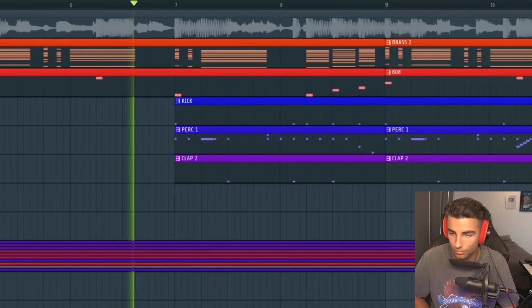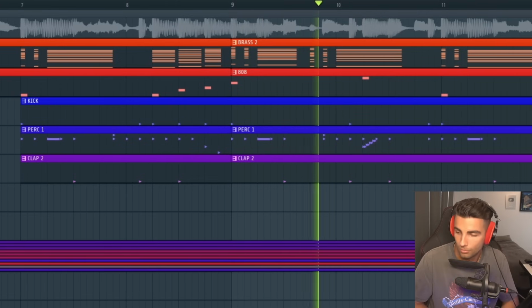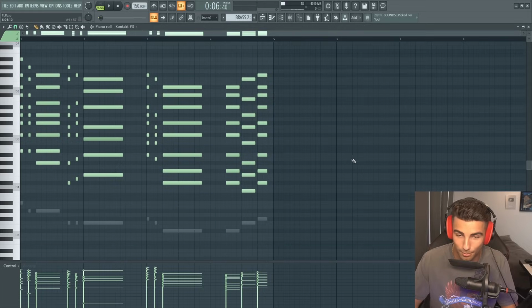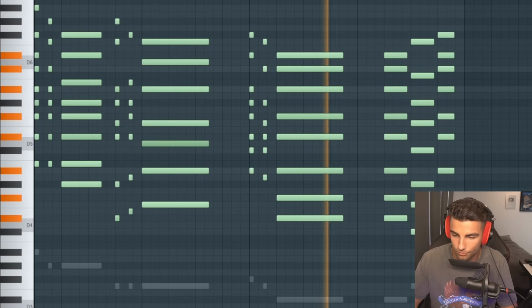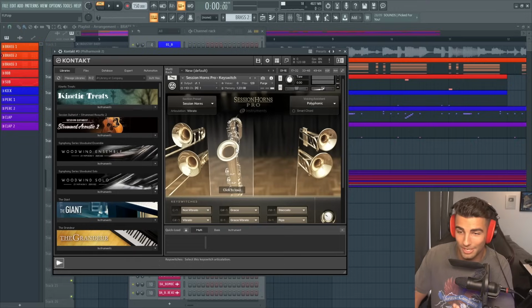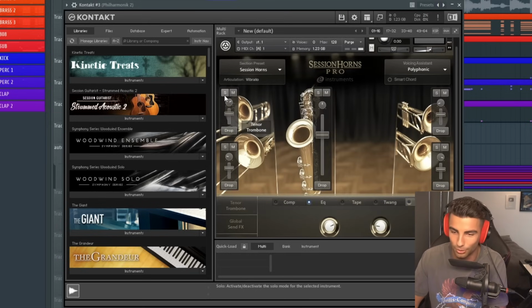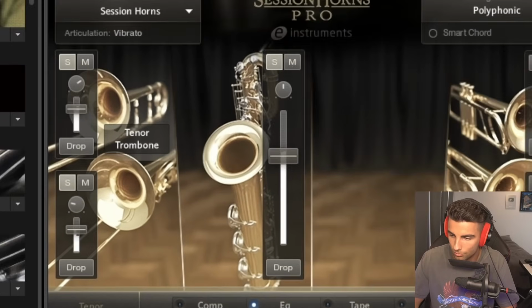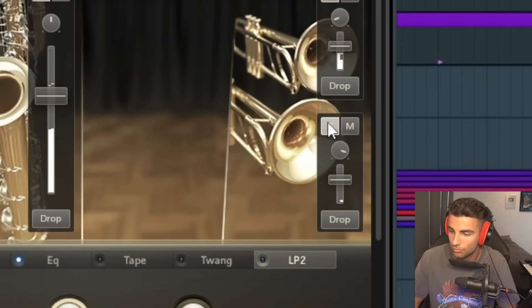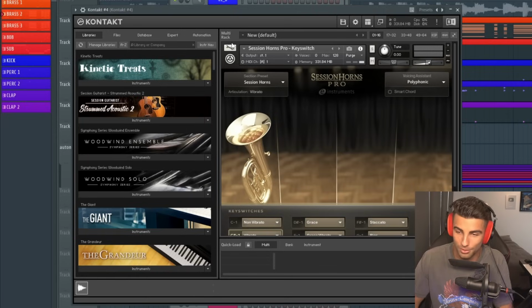Then we're moving into the chorus. First off, we have these big brass chords. We're using the same preset as last time, except now we've added in a baritone saxophone. I'll add them all in individually so you can hear how they play together. Then we're also adding in a tuba.